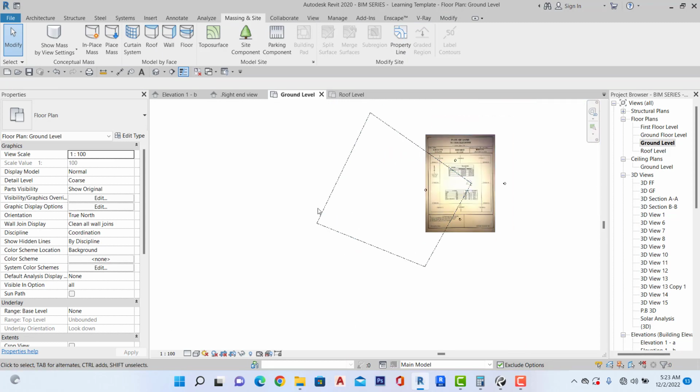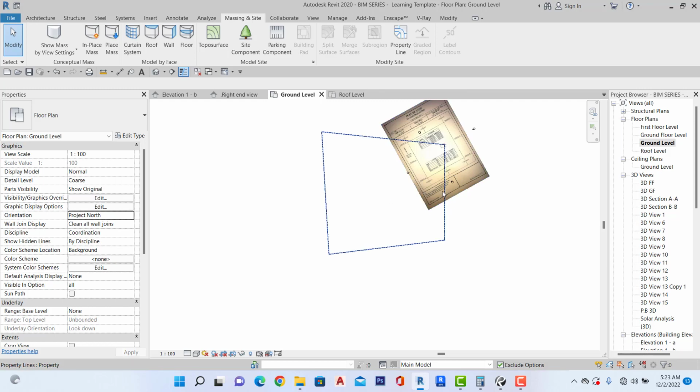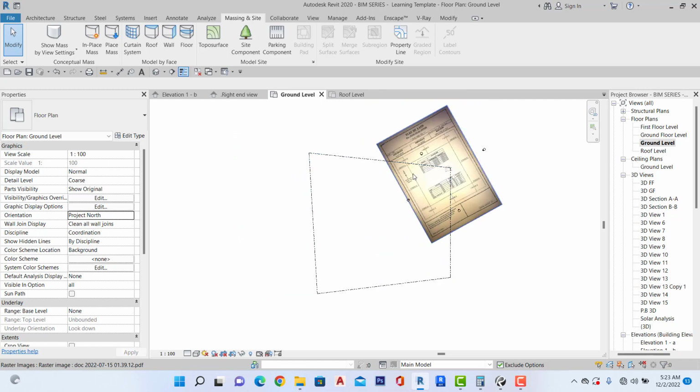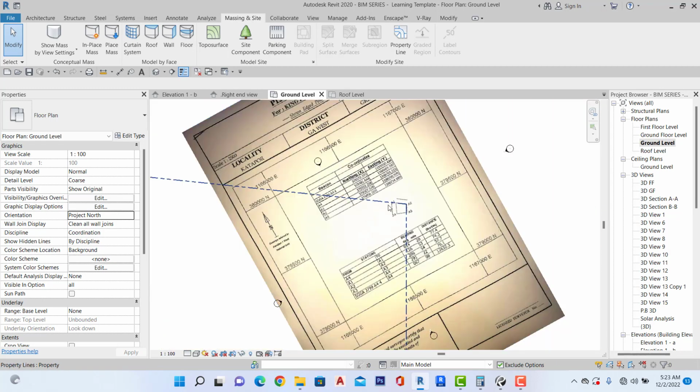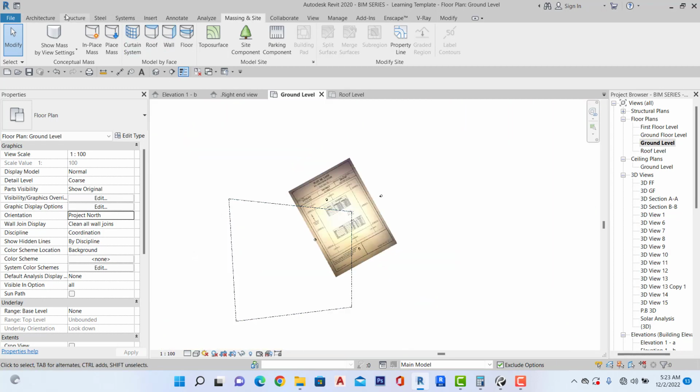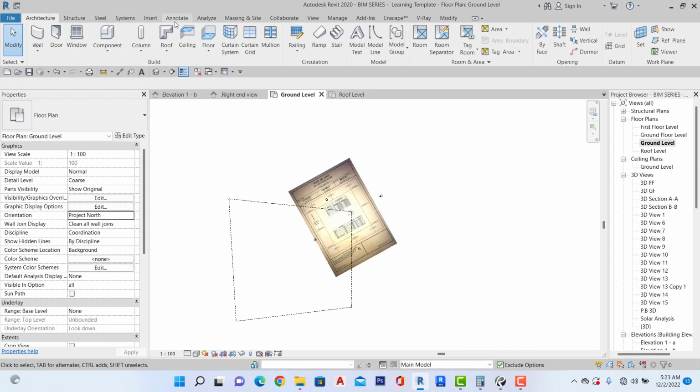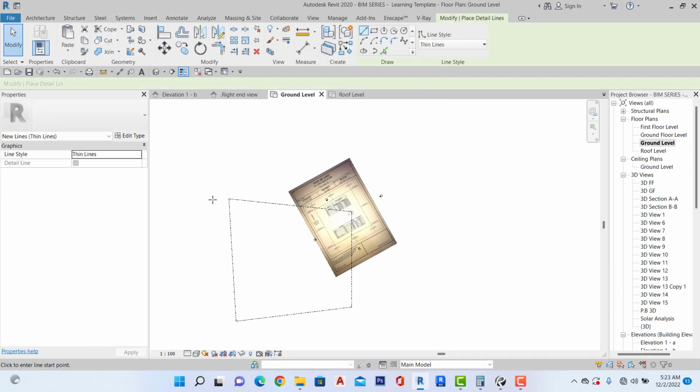This is our boundary line in which we are going to work. So when I come to my orientation area and I change from project north to true north, now I have this 90 degrees, and also I have my road here, so it means the road is going to be somewhere here. Let me use annotation detail line for the road,